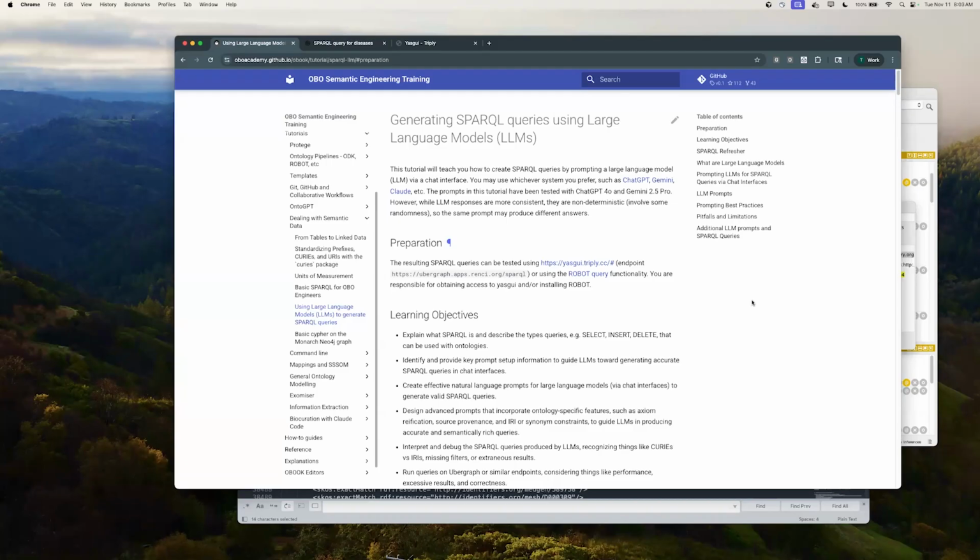So that's why I'm particularly happy that Trish Wetzel did volunteer today to help us a little bit on the first steps to generate SPARQL queries using large language models. And